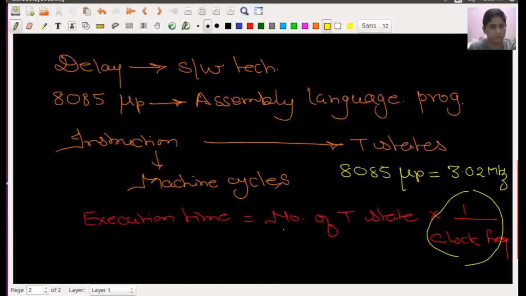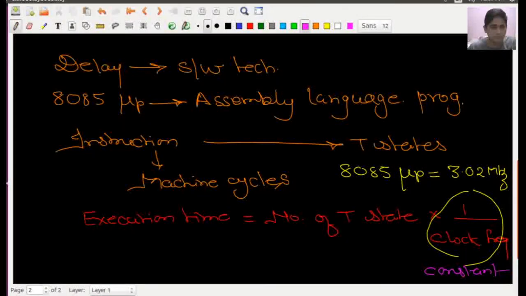Now come to the point here: some instructions will take 7 T states, some instructions will take 4 T states, some will take 18 T states. It depends upon the nature of the operation of that instruction how many T states are consumed by it. Now if I am taking the clock frequency as a constant,